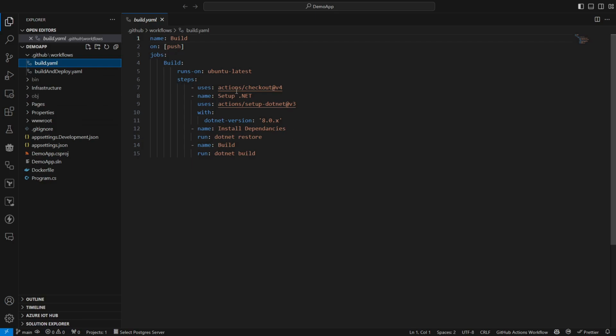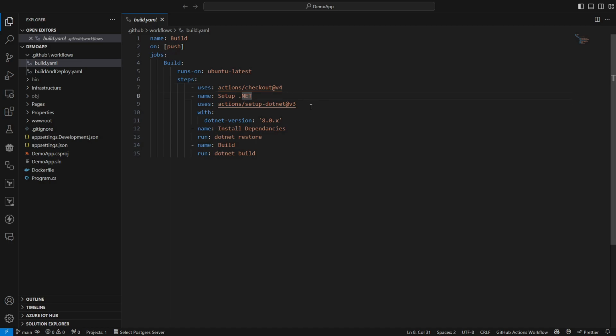We're running a pipeline called build. This is triggered when code is pushed to our source control. Then it first checks out the code, so it downloads the code into the runner. The runner is the actual service which is going to be building our code. So we download the code to it.